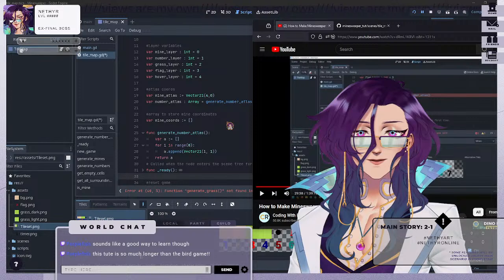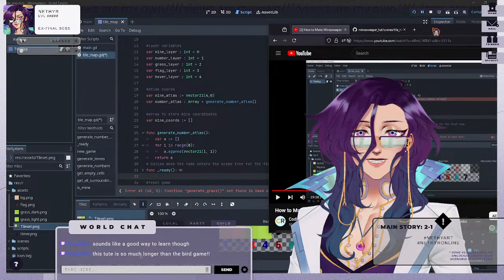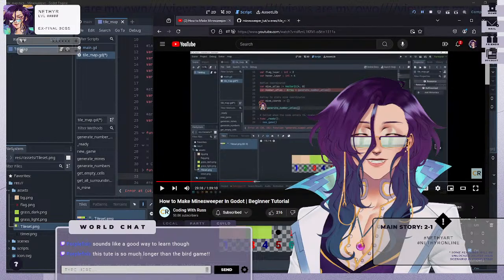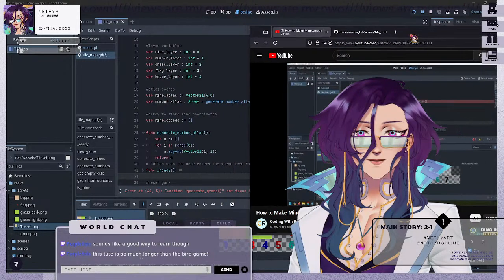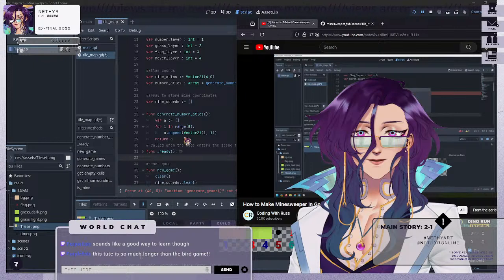Number atlas. Okay, we got that. And then it's the generate number atlas. Okay. And we start off with our empty array. So we'll say that the array is just empty, and we iterate through. So for I in range 8, because that's how many number values we have, we'll say a dot append